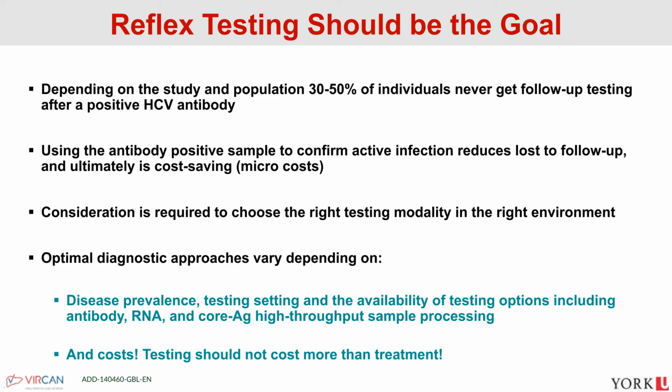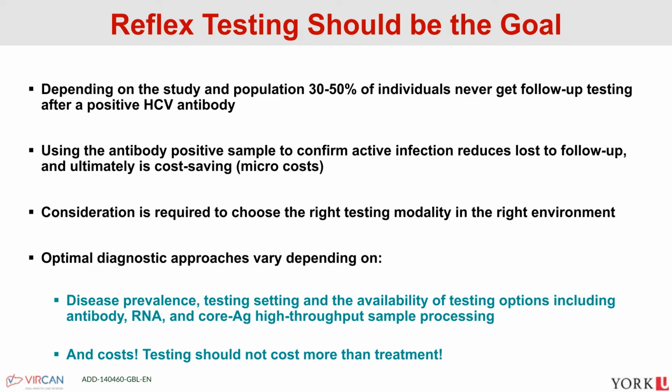Are we doing it in a mobile van? Is it in a shelter? Is it in a traditional clinic? What sort of options do we have available? Can we do point of care antibody and dried blood spot, or is this all going to be going to high throughput labs? So really thinking about what is the mixing and matching that we can do between antibody testing,